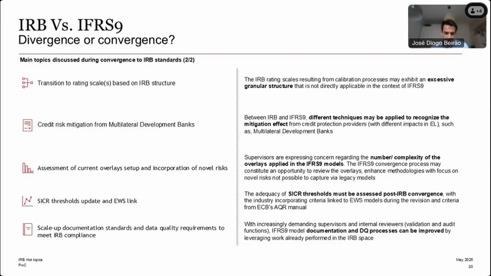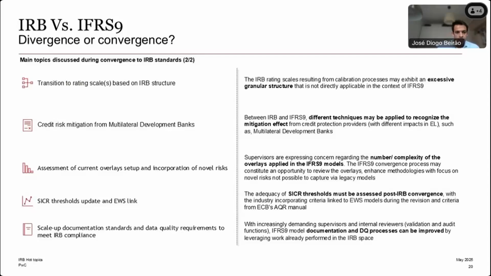Nevertheless, ECB is advising for the overlays to be performed based on a more statistical approach and not so much on the expert side, with simple adjustments via a GDP alteration or adjustment. Once more, the overlays are typically being applied over the ACL as a whole, ignoring the dynamics that can exist inside the ACL calculation, such as, for example, staging